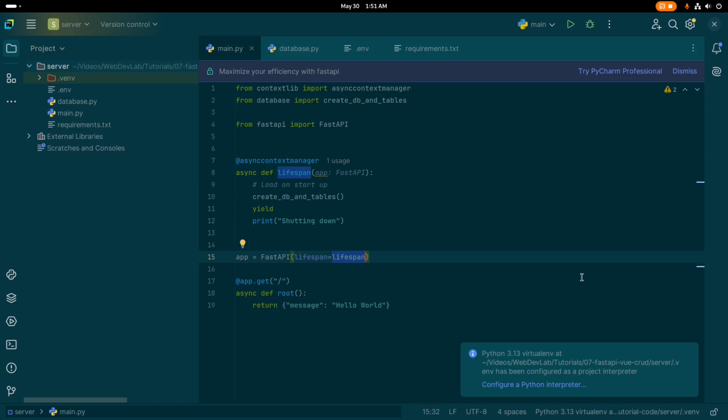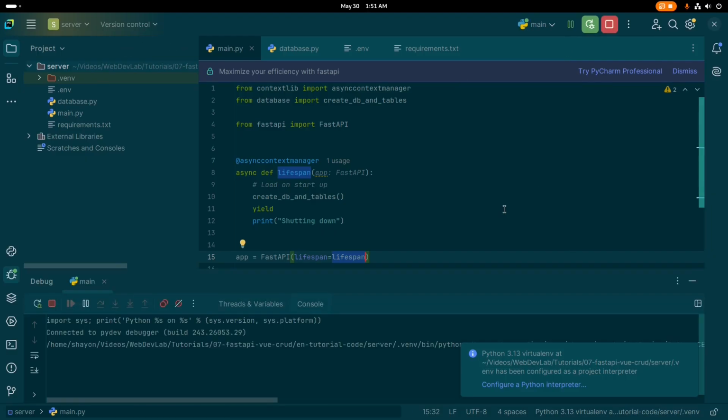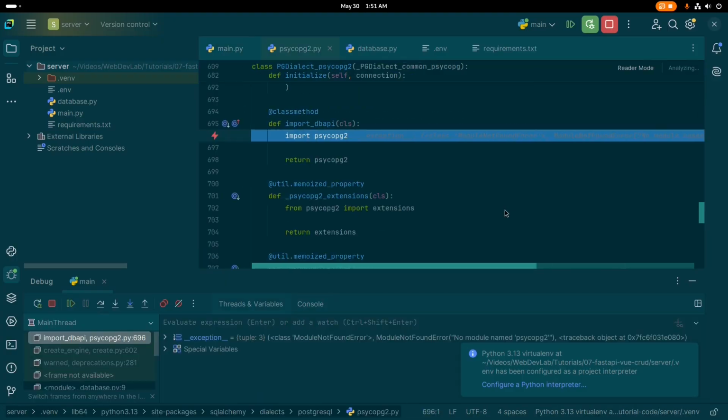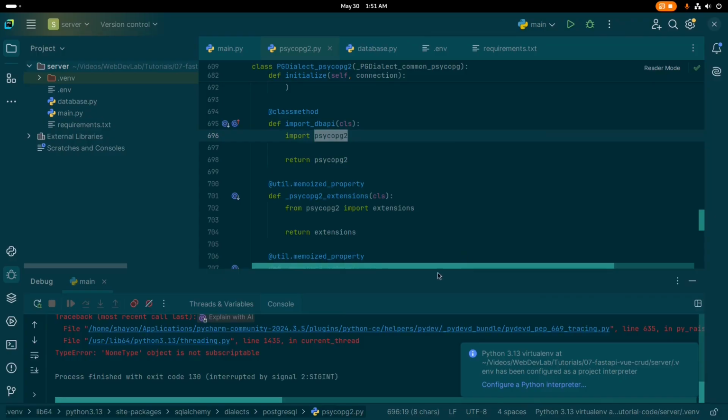Now let's see, does it work or not. One more thing, if you just click on this run, it is going to run this main file by default. So let's try this debug option, and it should debug actually. Yeah, this is the error we are getting. We need this package in order to use PostgreSQL with Python. So I'm going to install this package,